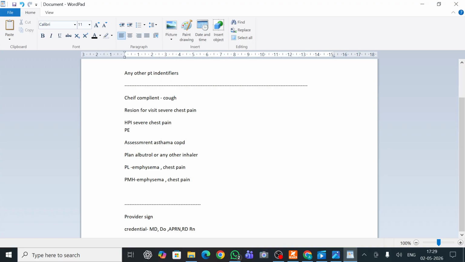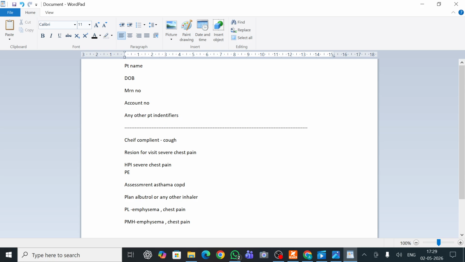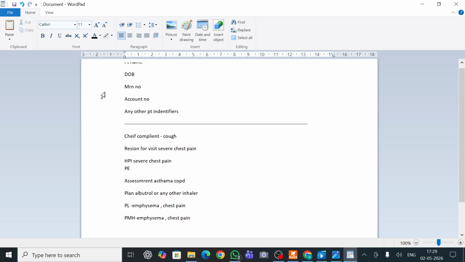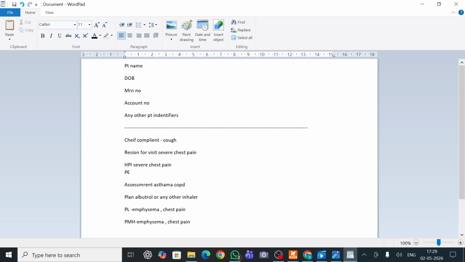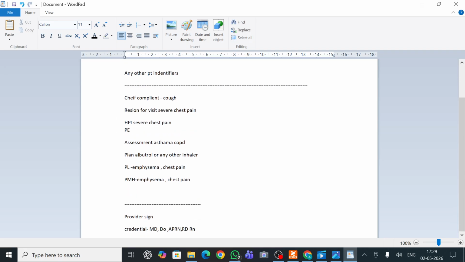We identify what type of provider from their credentials. So this is the format we will check in the encounter or medical record. After all these requirements are present in the encounter, then we will proceed with the coding. Okay,